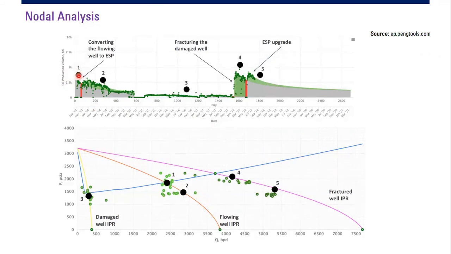So I install the ESP without creating formation damage so that the IPR stays constant and is not influenced. Although I go from point 1 to point 2 with the ESP, the IPR will be the same. I'm still on the orange line, but now I have a higher flow rate, from flow rate 1 to flow rate 2, because now I have the ESP.